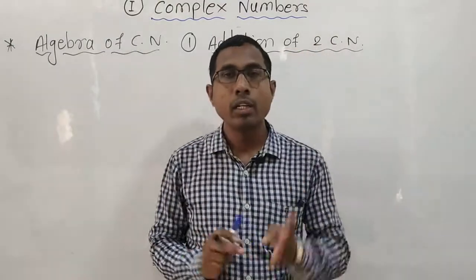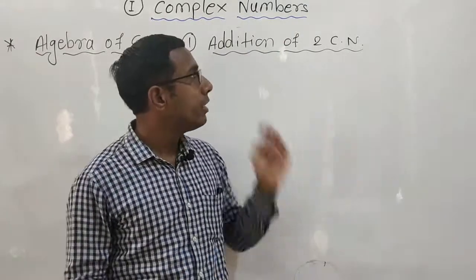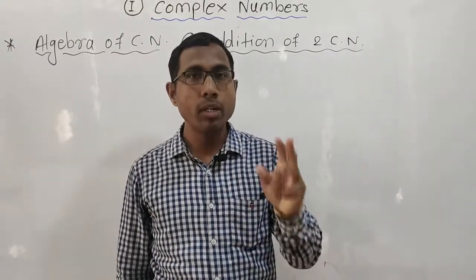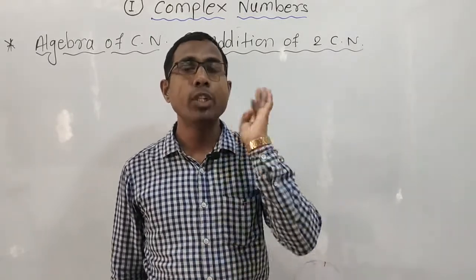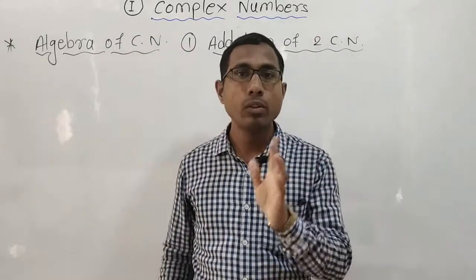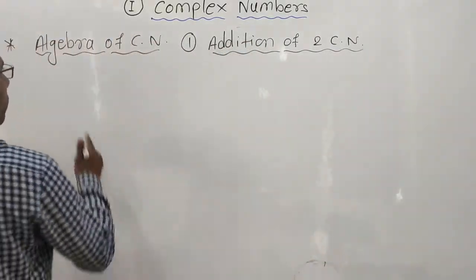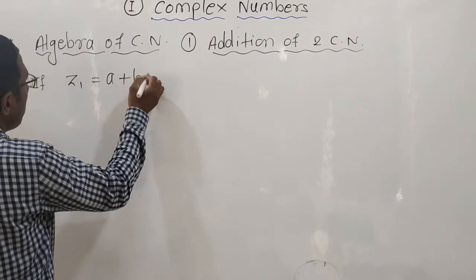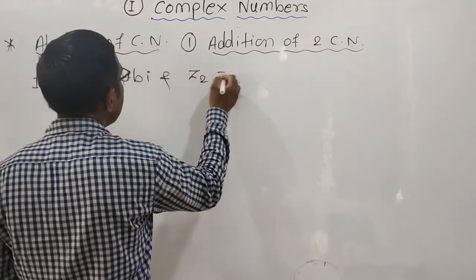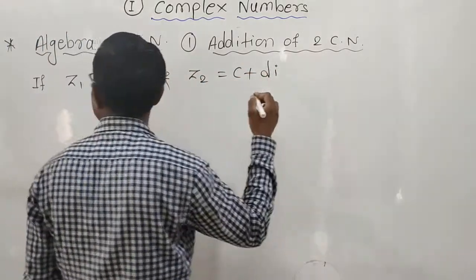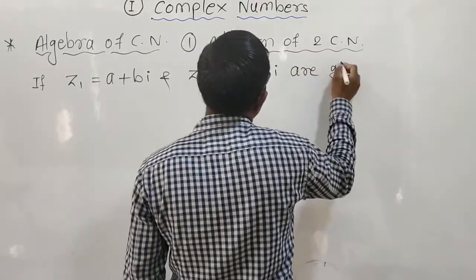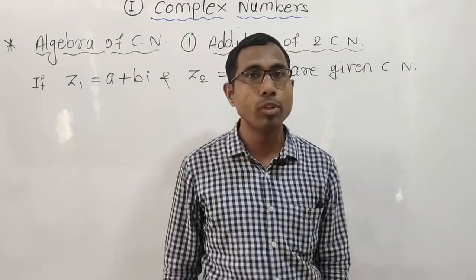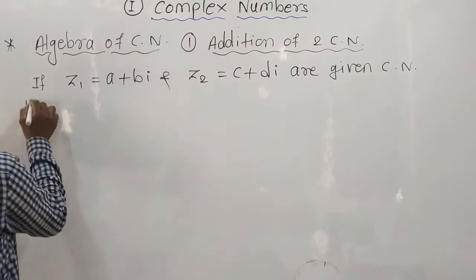In all we have to learn 4 plus 1, 5 points in this heading. First one is addition of two complex numbers, subtraction of two complex numbers, multiplication of two complex numbers, division of two complex numbers, and the fifth one we will see in the corresponding video. Now if z1 is equal to a plus bi and z2 is equal to c plus di are given complex numbers, then